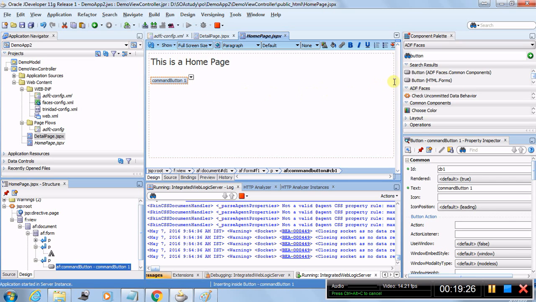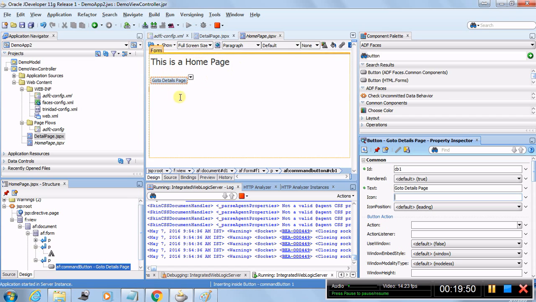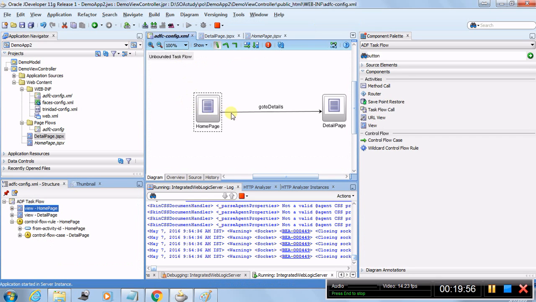So for that, you select this button, and as I told earlier, if you want to modify anything related to this UI component, you have to select this and go to its property inspector. In the property inspector you can see text. So over here you can say go to details page, right? So this is how we have designed, and you see here also it gets updated. So now your home page looks like this. It has a button inside this. On the click of it, you should be taken to the details page,